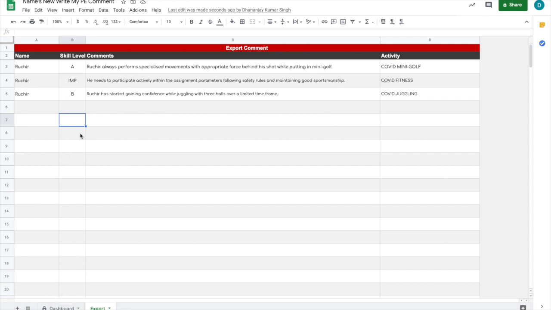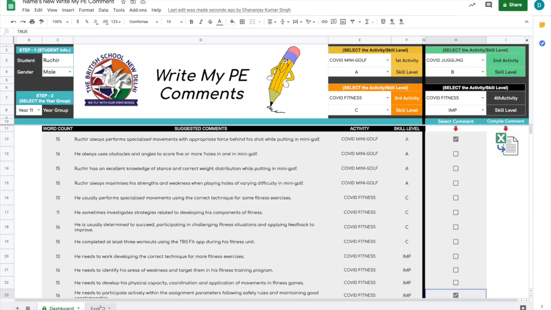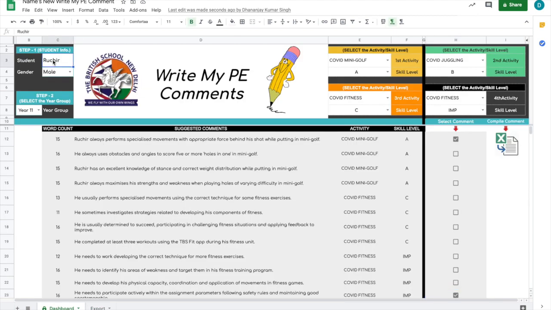Now the best part which I like about this is I don't have to copy every single time I'm exporting. I don't have to copy Ruchir and then go back and select another student and compile the comment again, which we were doing in the previous sheet. Here the best part, like I was mentioning, is I can create or compile the comments for my entire class. So in case I have 20 students in my class, I would go one by one and create, say, Mr. X,